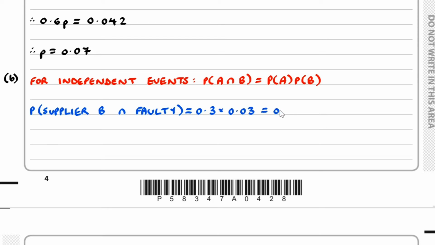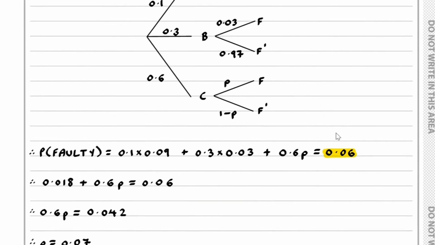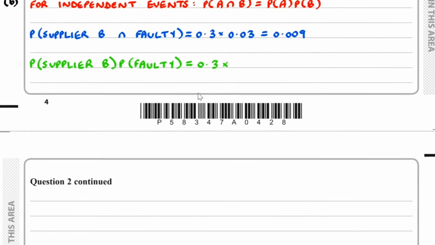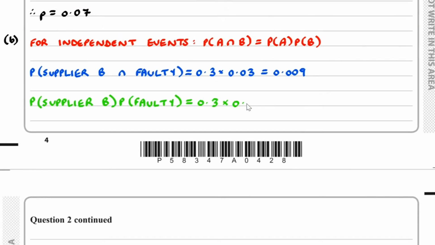And if we work this out, we get 0.009. And what we can also find out is the probability of getting something from supply B and the probability that it being faulty. So probability of supply B, so that's 0.3, and probability that it's faulty, well, we know that's 0.066%. And so if we work this out, we get